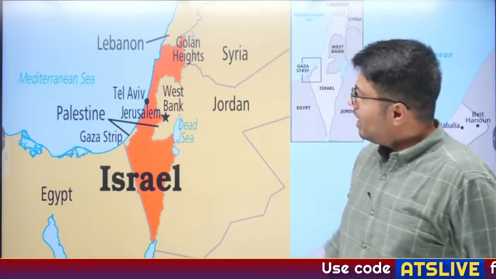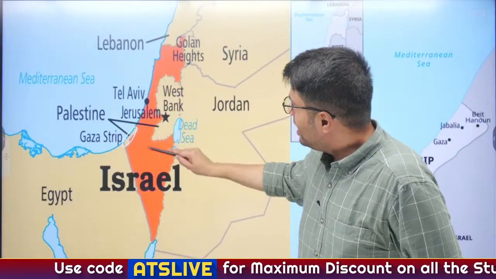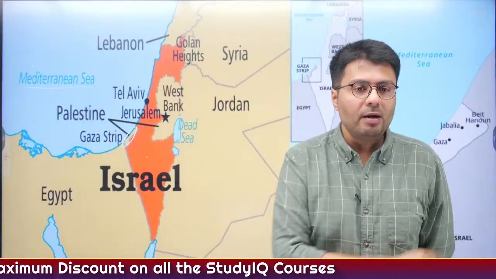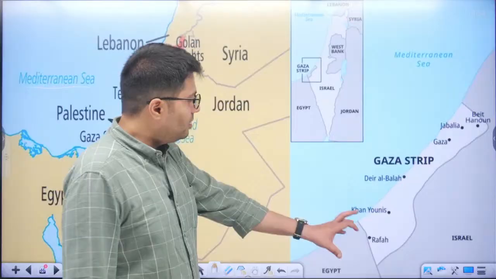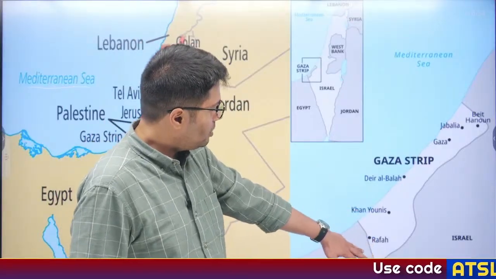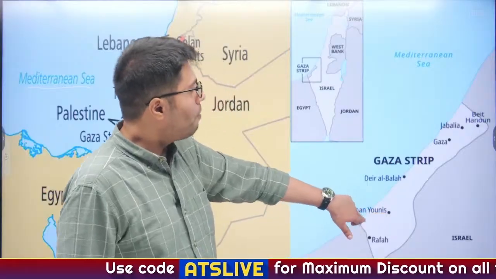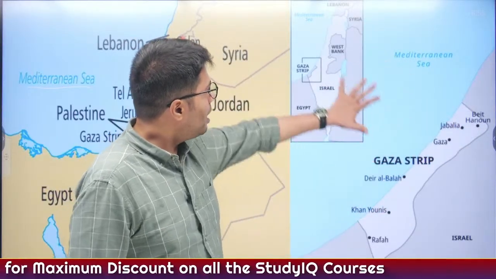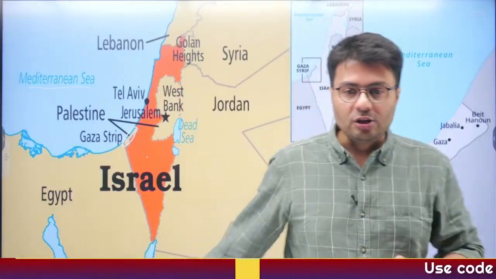Right. So in that regard, Gaza Strip actually is this piece of land. You can see it borders Egypt, it borders Israel, and it is located near the Mediterranean Sea. So this is the region I'm talking about. These are the main cities of Gaza Strip. Rafah, which is located on the Egypt border, so Rafah crossing was in news. Khan Yunis, where the bombings have taken place. Gaza City, Jabalia, Beit Hanun. All of these are located near the coast of the Mediterranean Sea and very near the borders of Israel and Egypt, right?